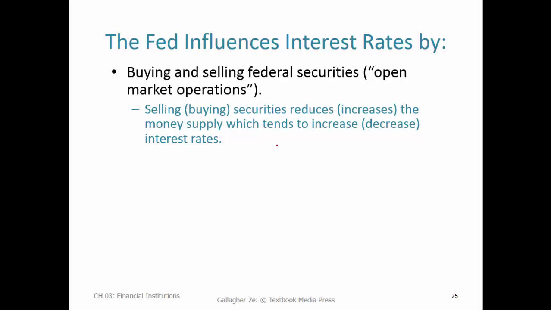Now, if the Fed tries to do this too much, I want to just note here, we're not going to get into the nuts and bolts of monetary policy operations, but if the Fed tries to push interest rates down too much, it might actually wind up creating too much money, which would create inflation, and then through the operation of the Fisher effect, would actually push interest rates up in the long run. So there's some kind of arguments in the economic realm about how much control the Fed actually has. The Fed definitely has some influence over interest rates in the short run, but in the long run, interest rates are market phenomena, and if the Fed tries to meddle and manipulate things too much, it could actually kind of backfire and actually make economic conditions worse.